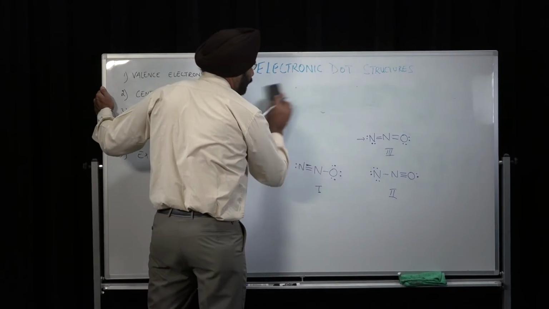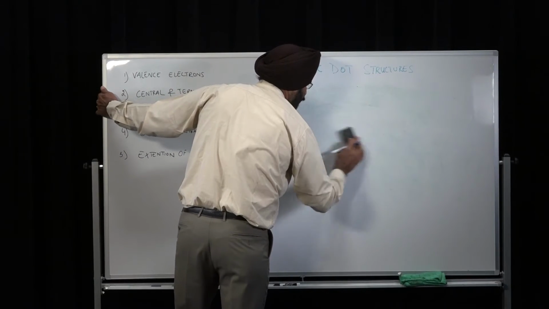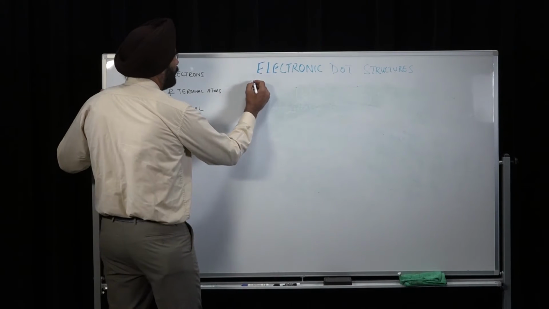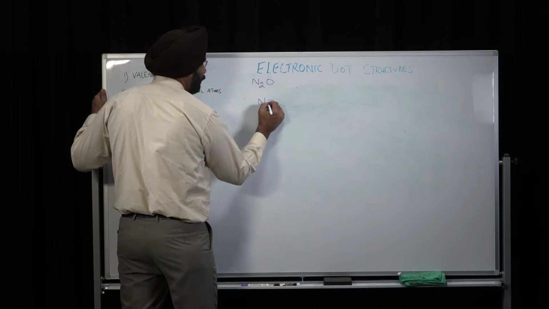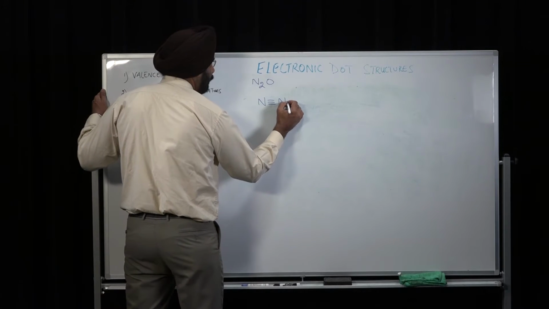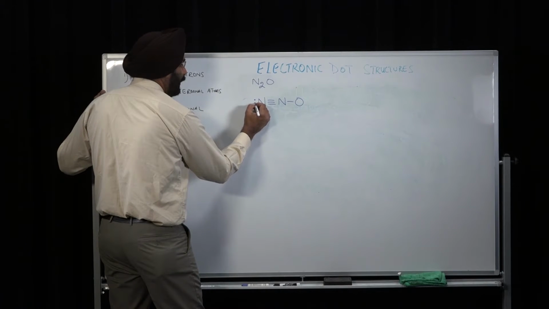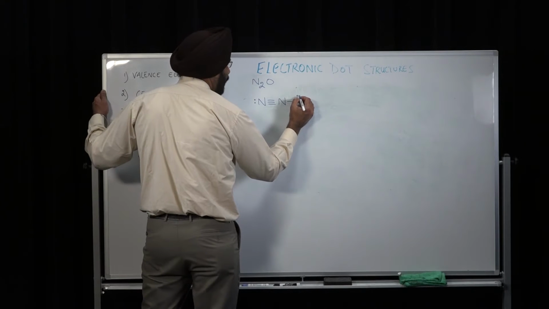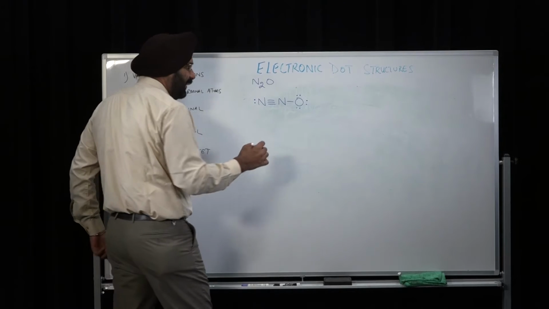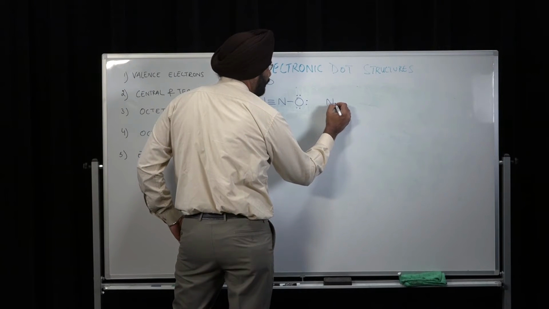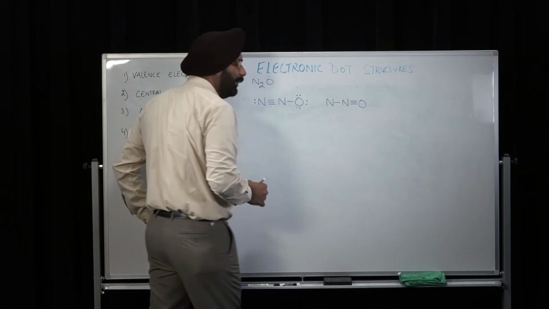So for doing that, I'm going to rewrite all these structures and then determine which is the most probable structure. So for N2O, we got three structures. In one case scenario, there is a triple bond between nitrogen and nitrogen and a single bond between nitrogen and oxygen. In the second case scenario, we have a single bond between nitrogen and nitrogen, whereas a triple bond between